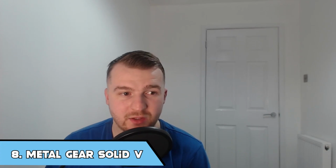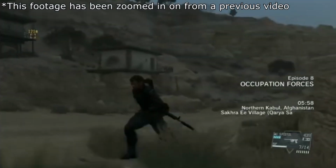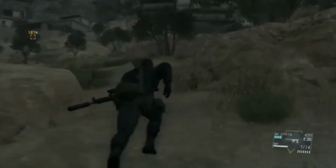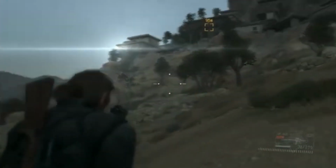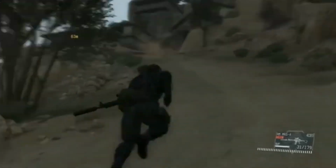So number 8 on the list is Metal Gear Solid 5. Now this game is quite low on the list because I haven't put that much time into it, but it had to be on the list because it's Metal Gear Solid 5 on the go. The game is 10 years old now, but it still looks unreal. You can run this in high settings. It's an old game, so the Steam Deck runs it no problem, and it looks unreal,